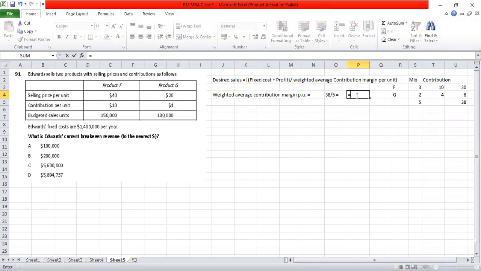How much is that? 7.6. Fixed cost is 1,400,000. So break-even point is equal to